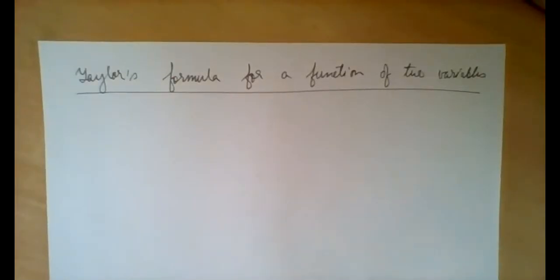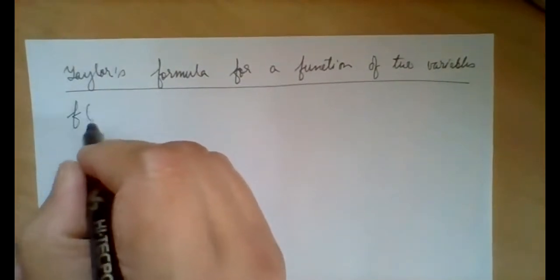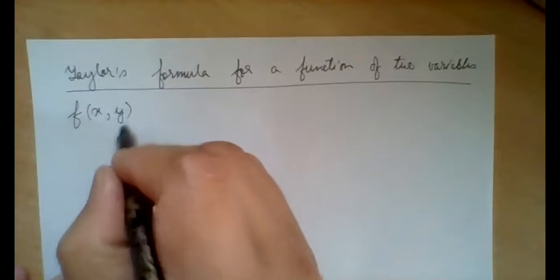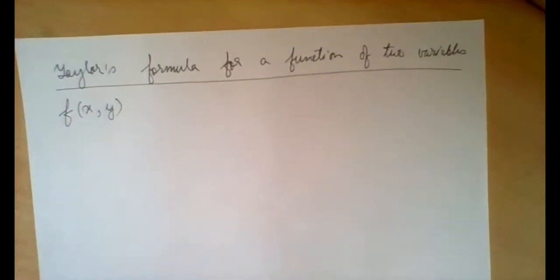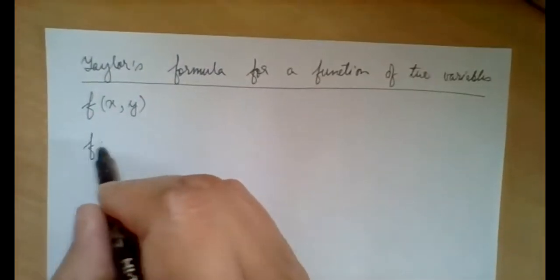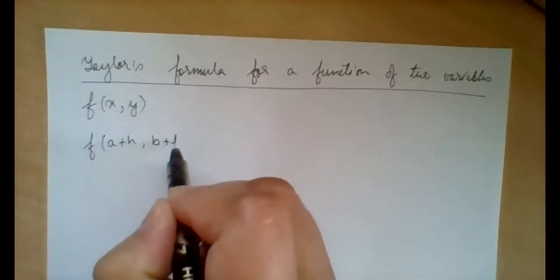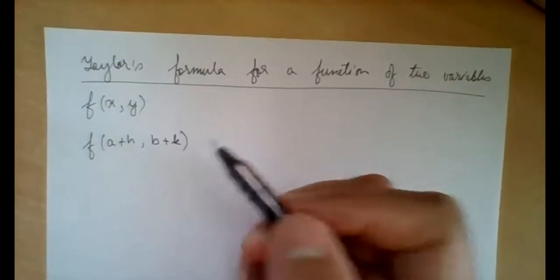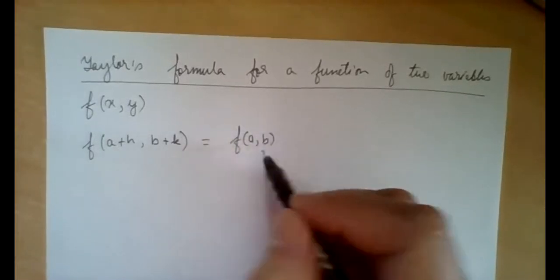Taylor's formula for a function of two variables. Let f be a function of two variables x and y. f(a + h, b + k) is equal to f(a, b)